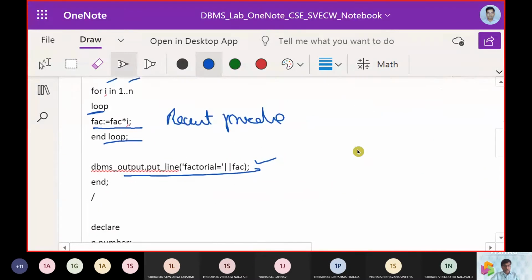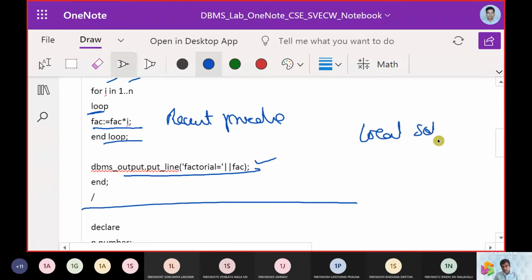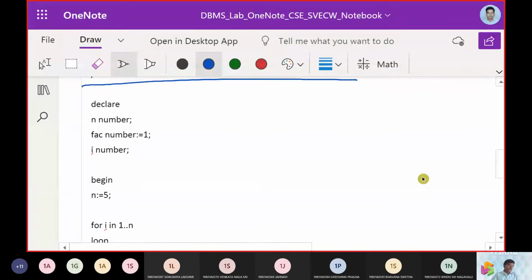So if n is not working, actually this prompt we can do in the local SQL 92 or local versions. You can execute this in the local versions. But if we are prompting with the global values, that is in an online, live SQL, you can pick up this scenario.